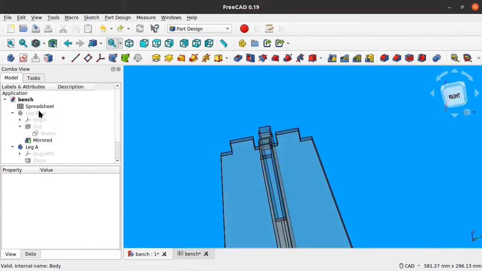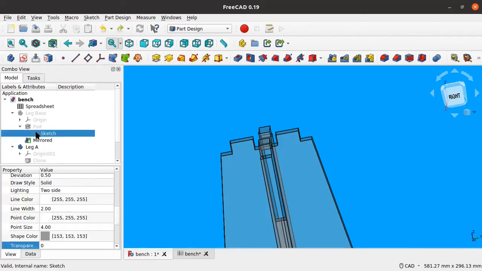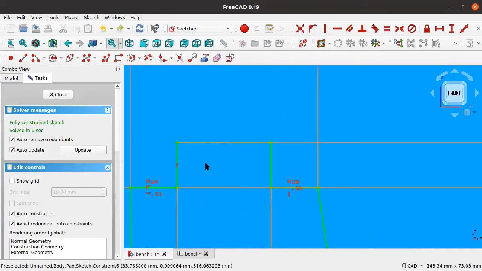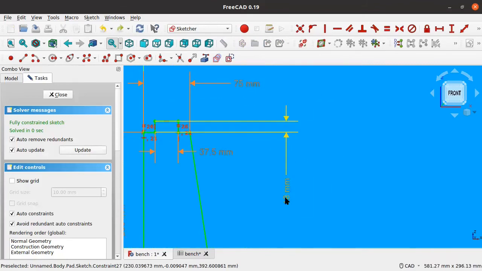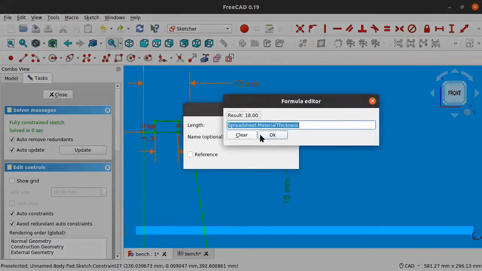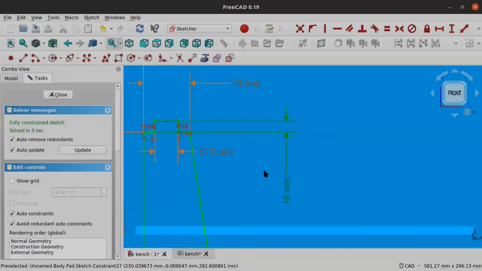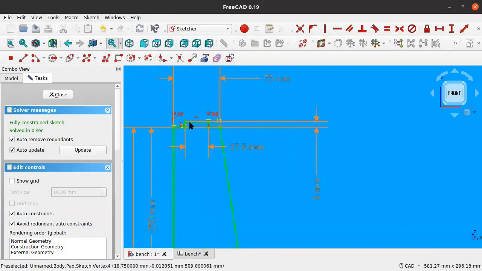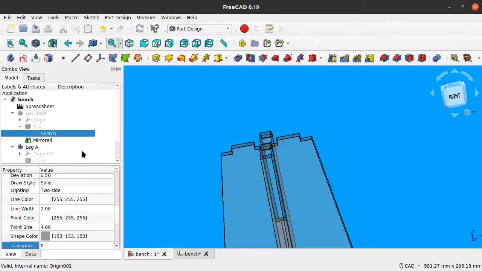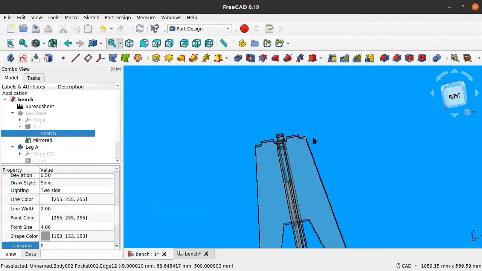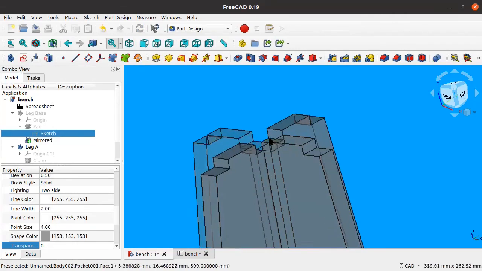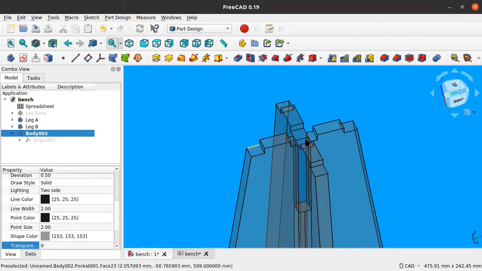So it's good that we have this leg base object over here. We can go back to the sketch. And actually here for the height, you could go in here and just divide it by 2. Hit OK. Going to recalculate like this. We'll close. And you see these are all adjusted now. And instead of